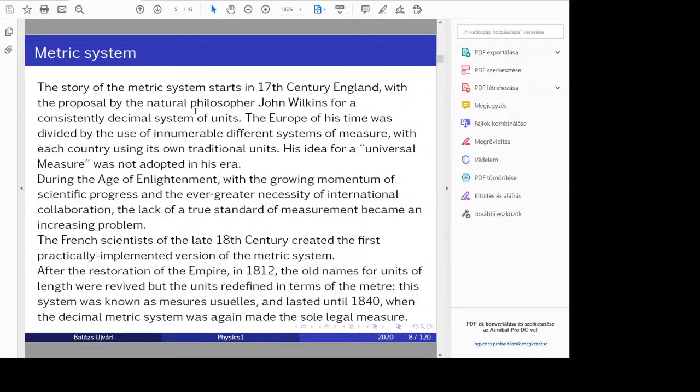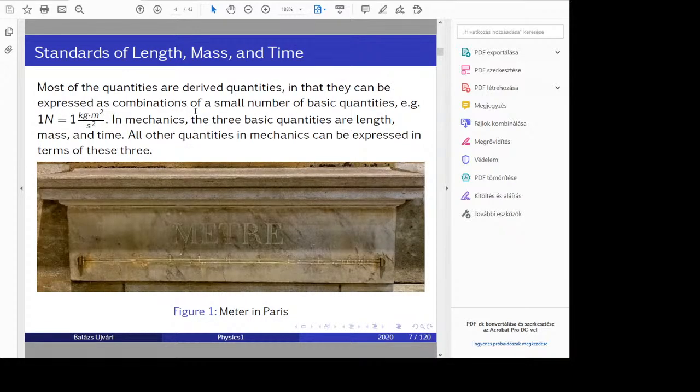He said we can't do any science, or even operate a country, without having the same units. So at the end of the 19th century, they started to unify it,